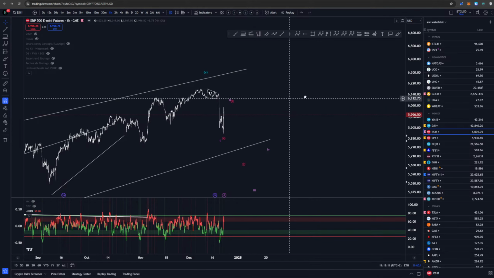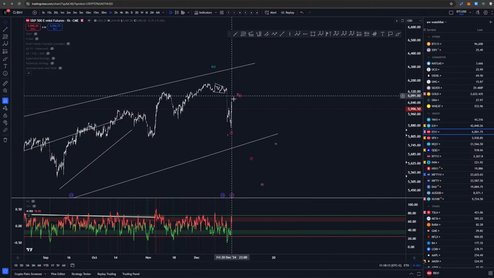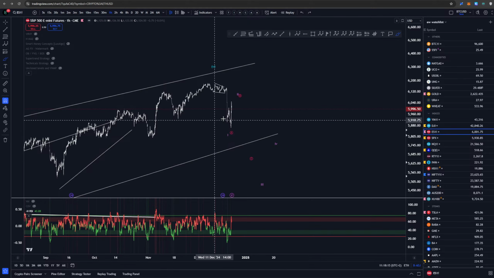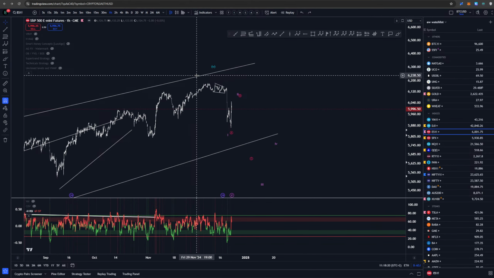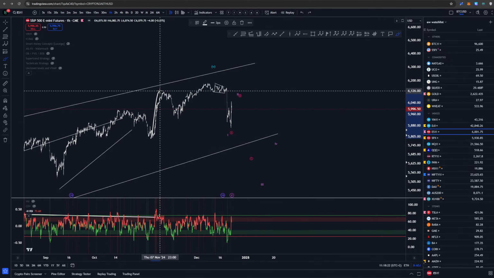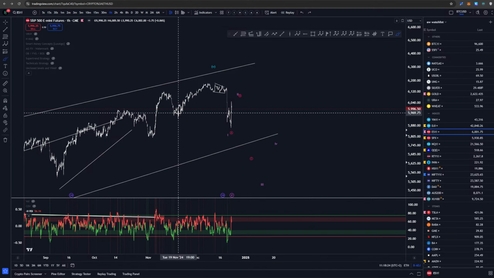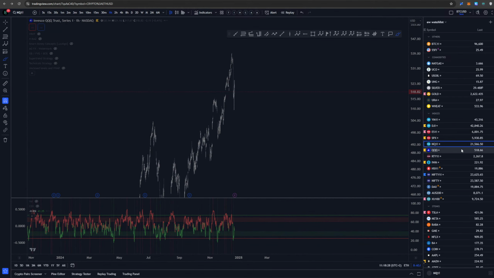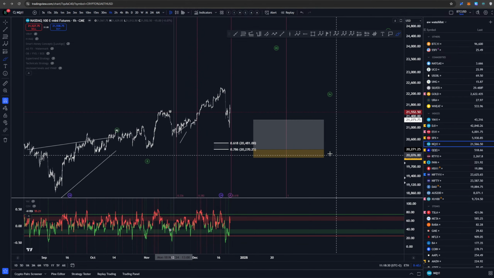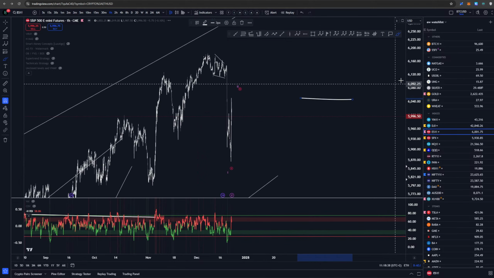Now, let's go through these scenarios before this one. So how did we end up here? There's a couple of ways. We had an impulsive structure here, which we wanted to long. I did long. I think it was on, let's see, was it on NASDAQ? Not NASDAQ. Was it NASDAQ? I already got out of that trade. I would need to check up on that.